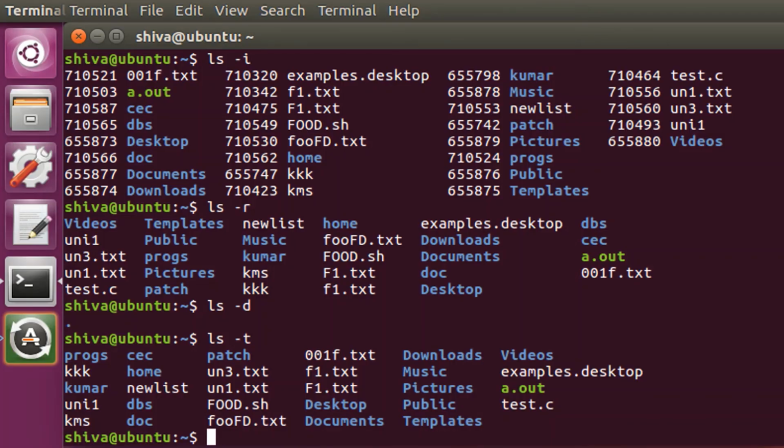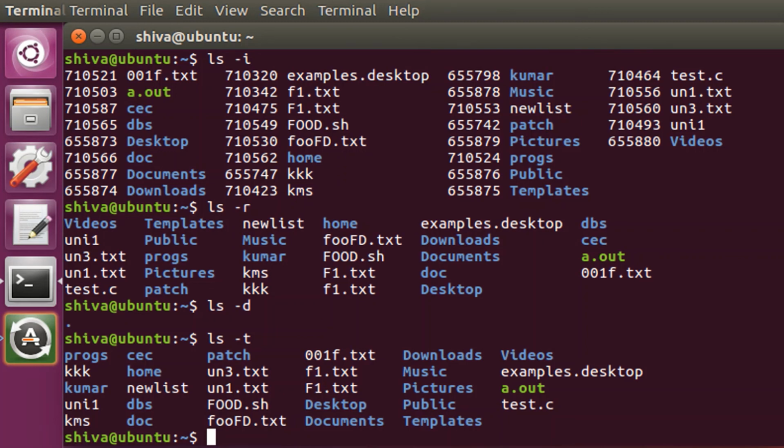Here this slide represents a few options of the ls command. ls -i shows inode numbers. When you type ls -i, it shows the inode number. Here 710521 for the 001f.txt file, and like that all the files have different inode numbers.